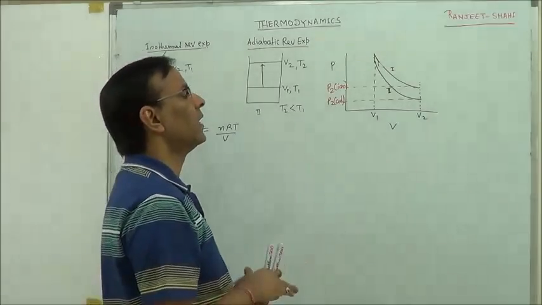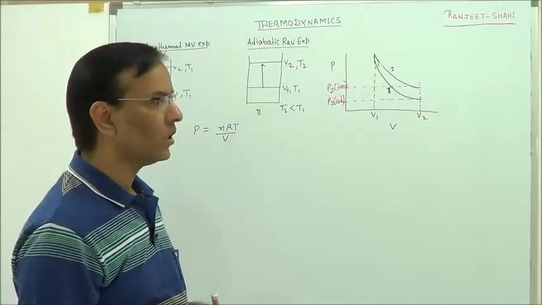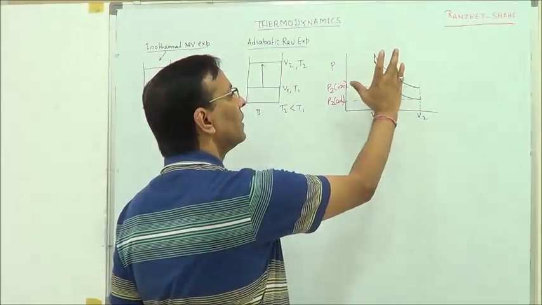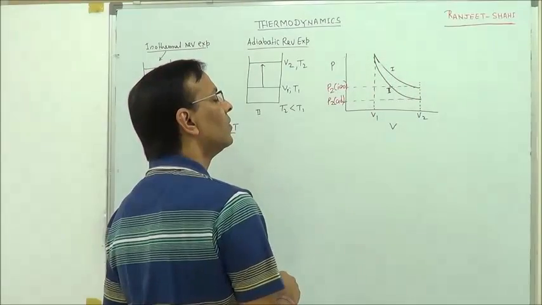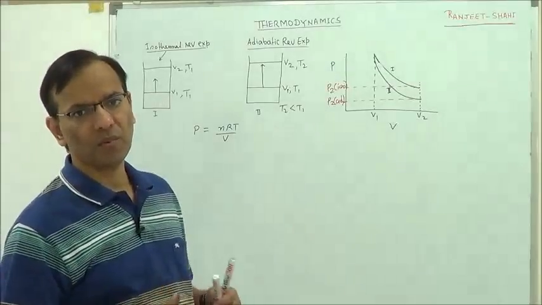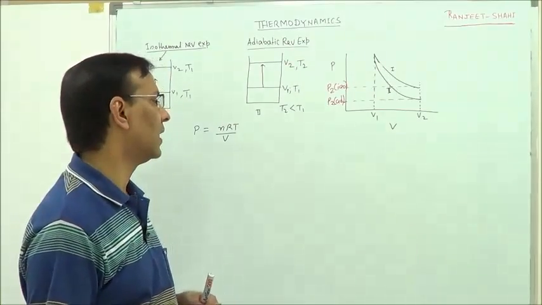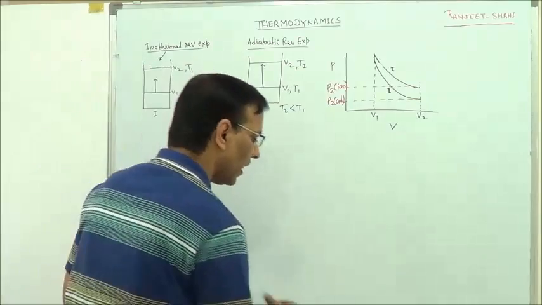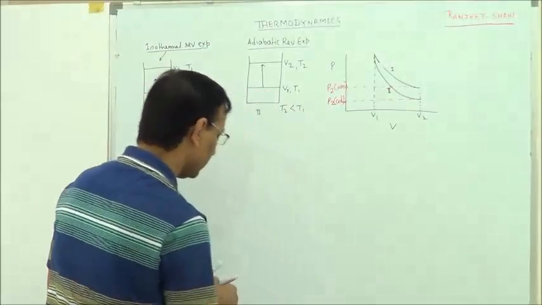Work done is the area under the curve on a PV diagram. So there is greater area under curve 1 than under curve 2, and the difference is this area. A few things can be derived here, which are very important in attempting problems on isothermal and adiabatic processes. What can we derive here? We can derive from this discussion that